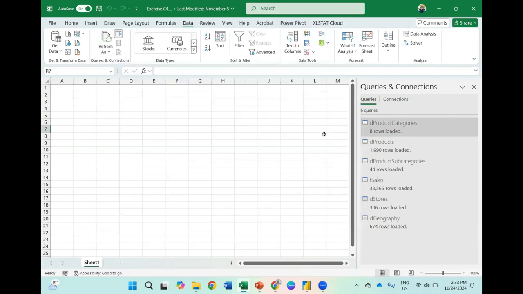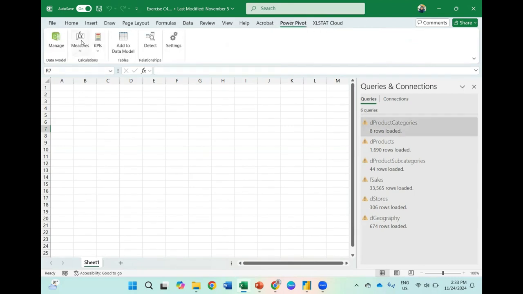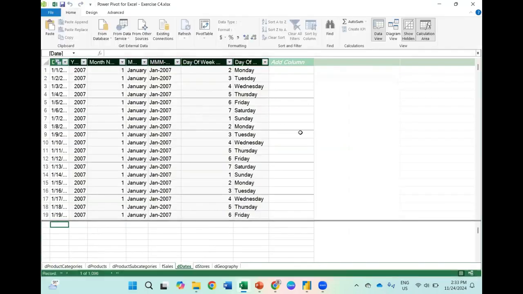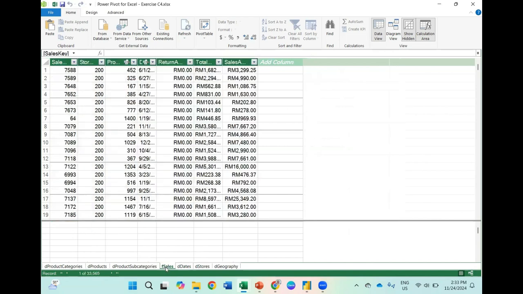Now we want to create a calculated column. Go to Power Pivot, the data model, Power Pivot for Excel. This is the Power Pivot data model. Let's say I want to create a profit column in sales.